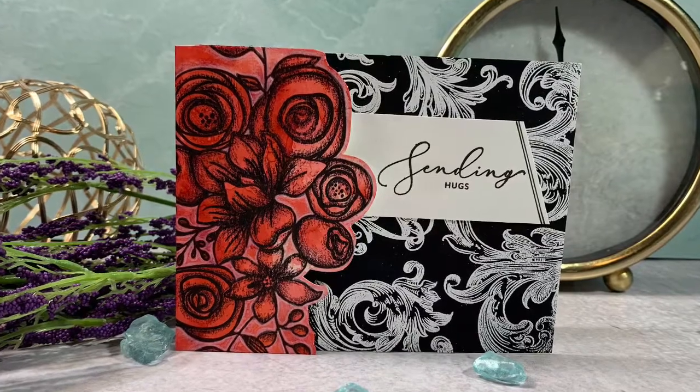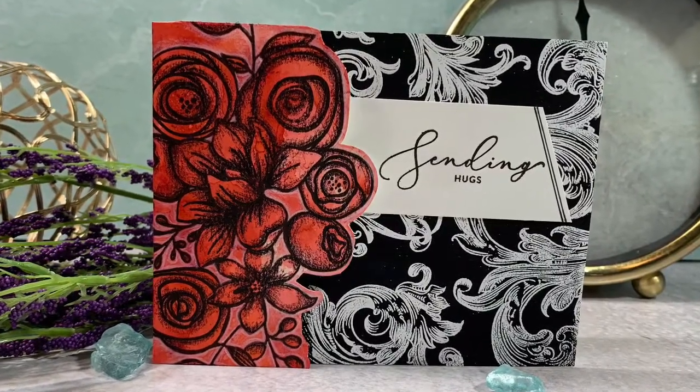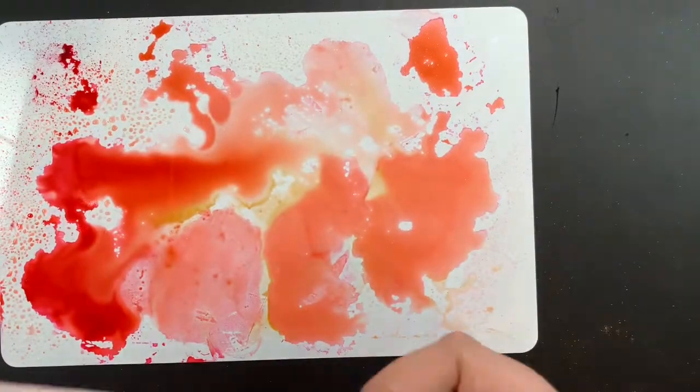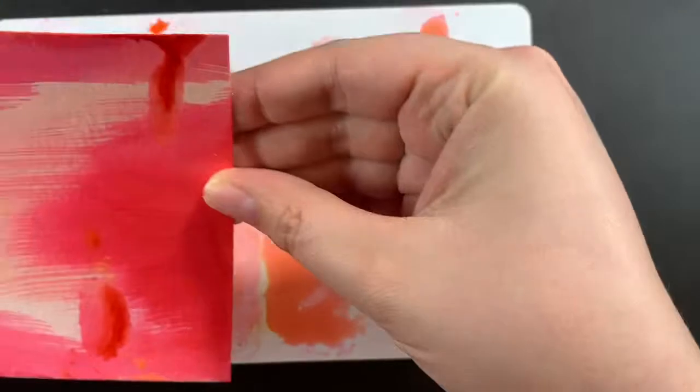Today we're creating this super cute card. Well, actually we're creating two. One is slightly different than this, but I thought this one was the cutest. It's totally adorable. And it came about because on my last card video